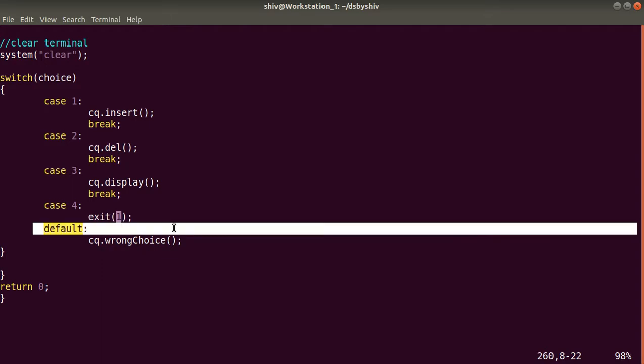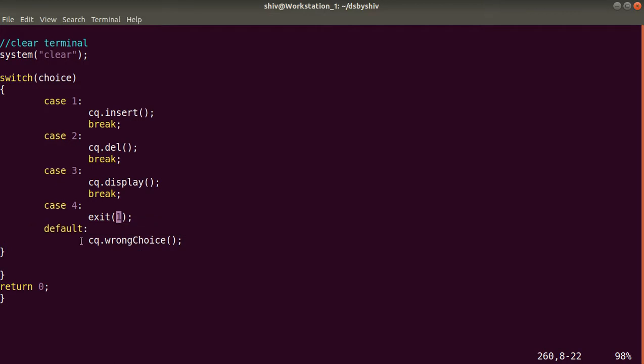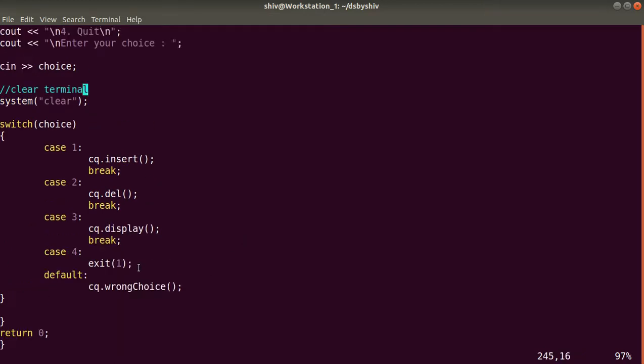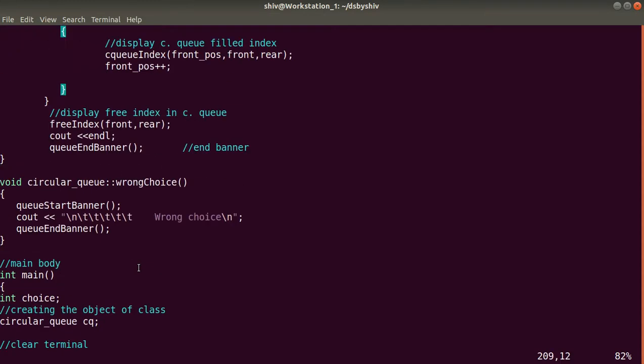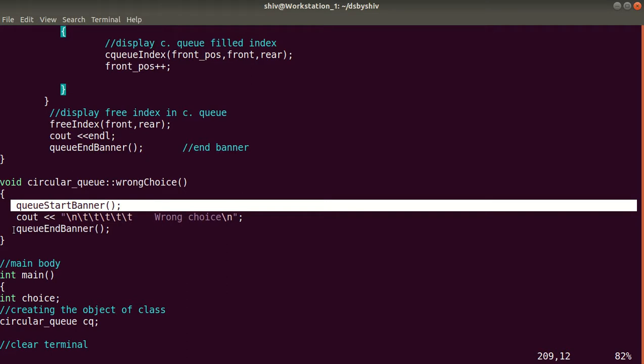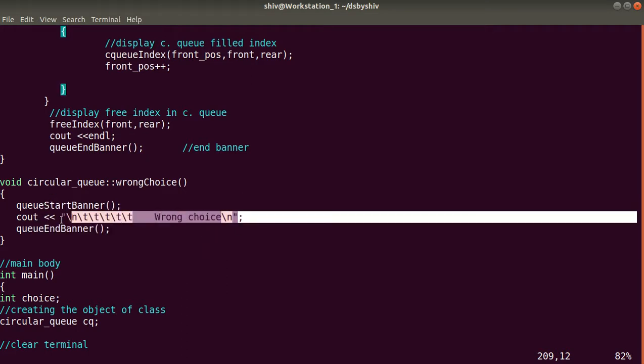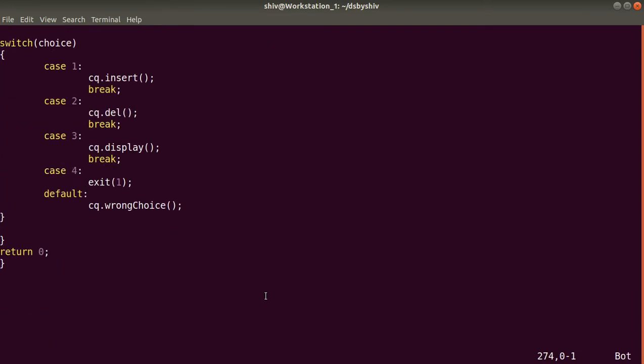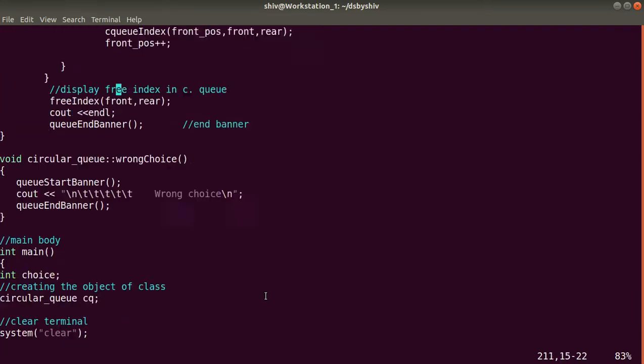And in the default, if the user has entered any value other than 1 to 4, then we will call this method wrong choice. It will print a message, wrong choice, and there is a start banner, end banner, and wrong choice. So this message will be displayed to the user. So like this our program has been completed.